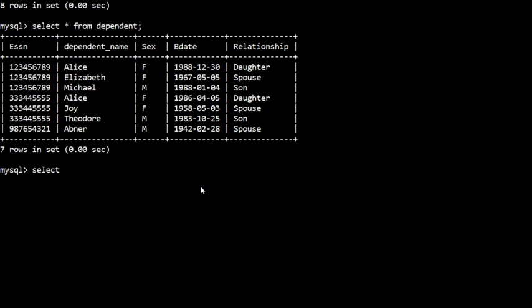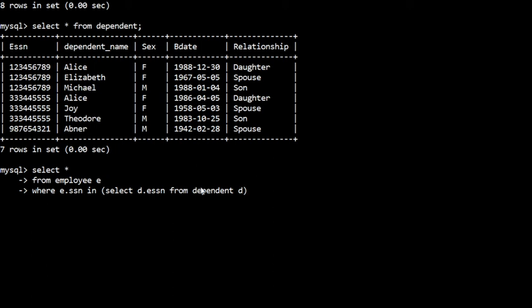So I'll display all the attributes from employee where employee SSN in, and here I'll write select D dot ESSN from my dependent table, and I'll name this as D. I'm just fetching all the information from the employee table, and I'm checking whether that employee SSN is there in my list.